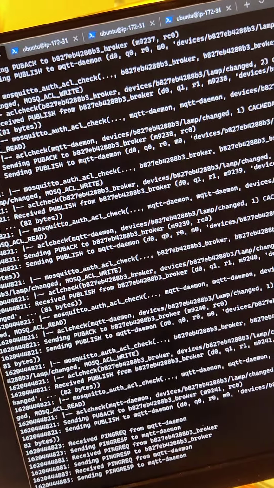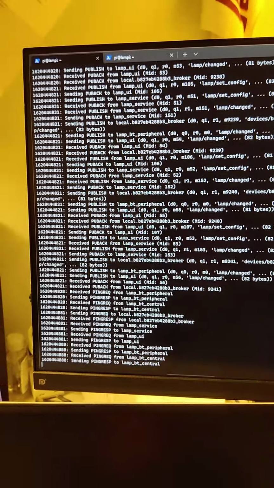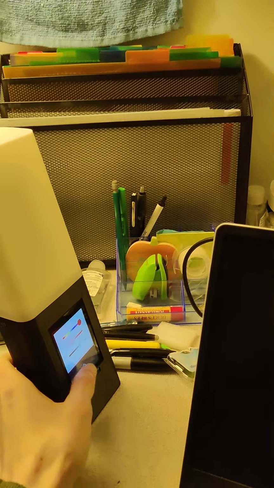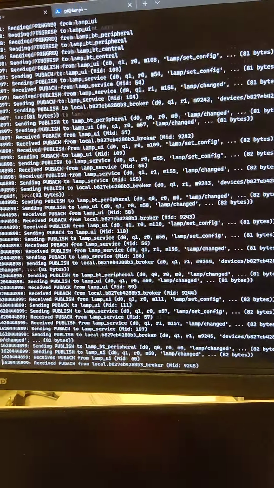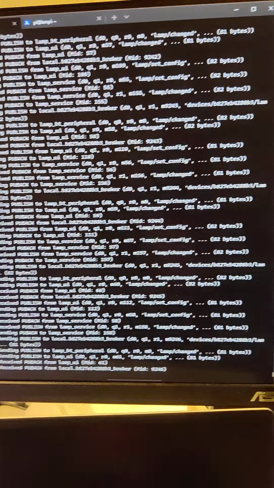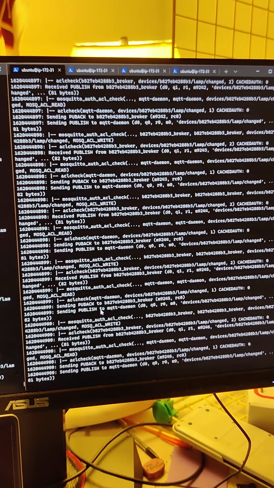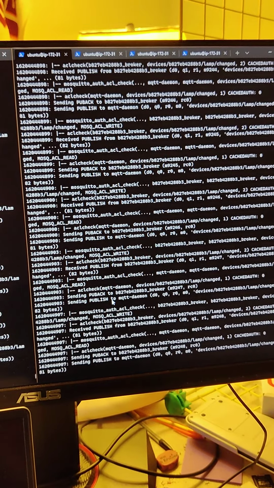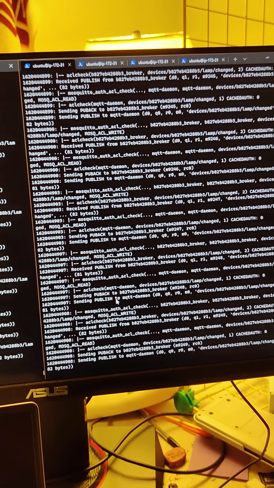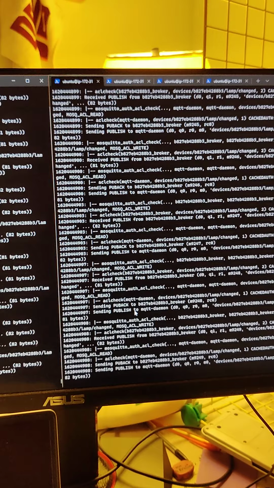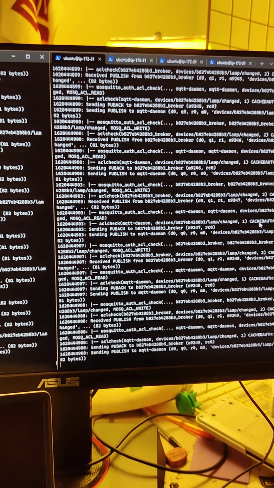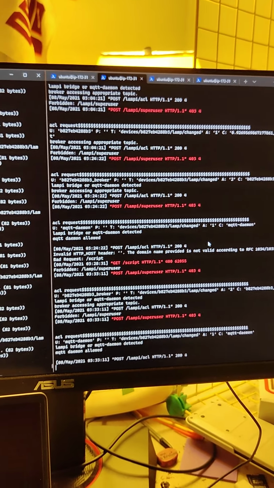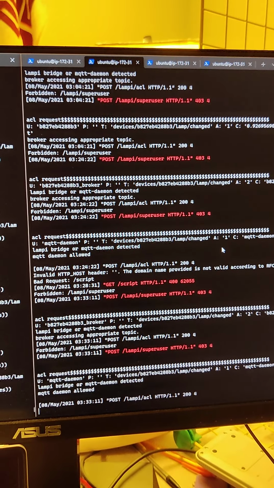If we go ahead here, on the left we've got the lampy mosquito output. As you can see, if I turn on the lamp, we'll see a bunch of messages coming through. This is the EC2 mosquito. As you can see, the ACL and authentication check is running and no errors are being thrown. Now if we tab over to our EC2 run server, you can see that these actions have